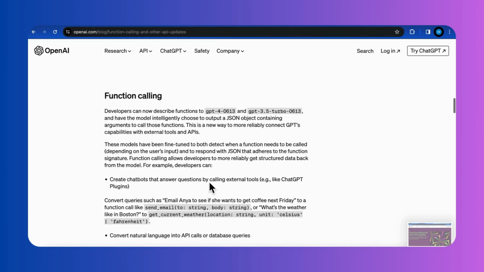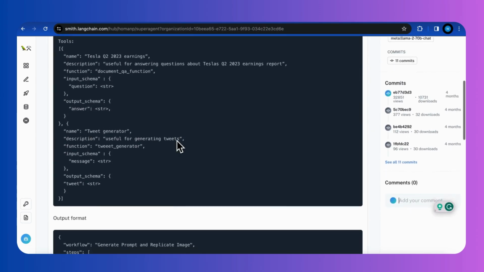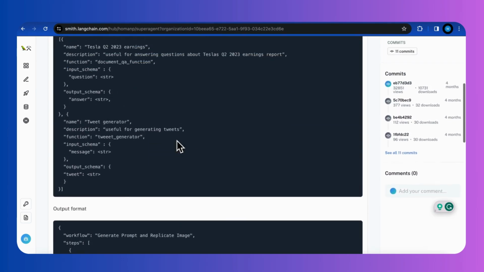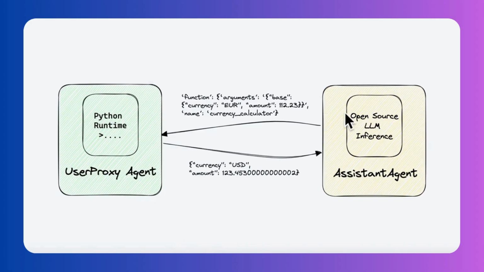To compete with GPT models on this feature, some works are ongoing, pushing the performance edge of function calling in open-source language models, including prompting strategies and fine-tuning like what Fireworks AI did. In this tutorial, I'm going to keep developing multi-agent LLM applications in the AutoGen framework, using decent open source language models with function calls to see whether they can generate and execute a function task like calculation for